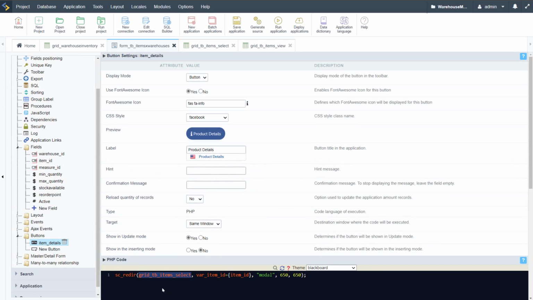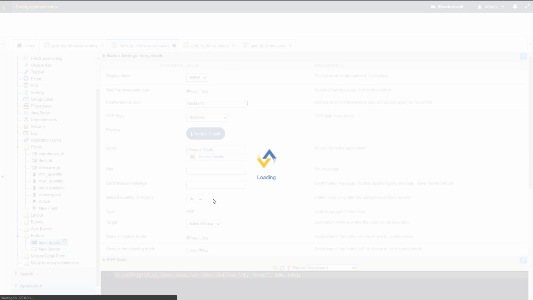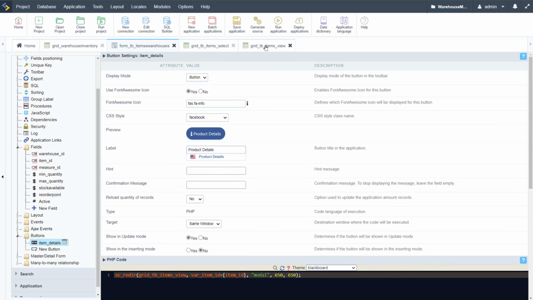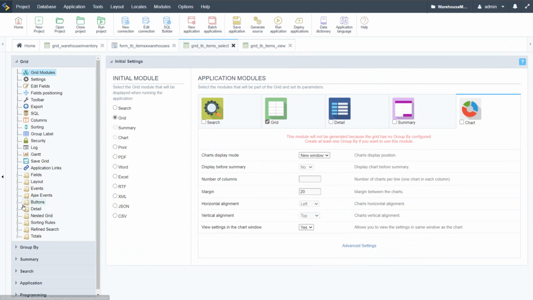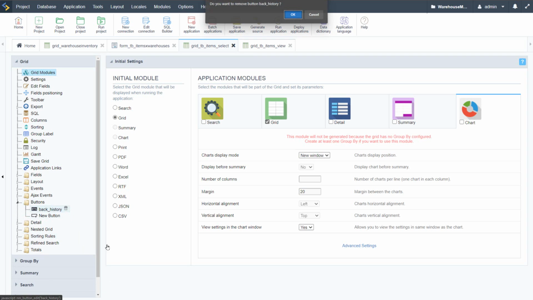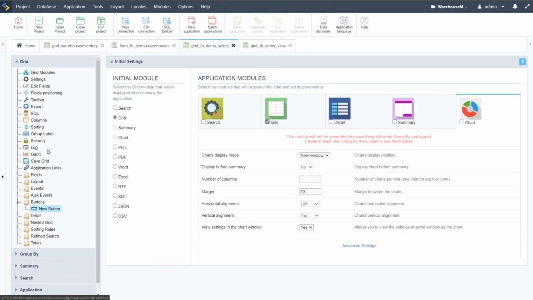Okay, so this one is going to open the grid TB item select, which is our initial one here, and we want to change that now here to view. Okay, and that one then here, this view, the one we just created or copied, will then retain the back button. Okay, so in this select one, I will go ahead then here and remove here the back history,